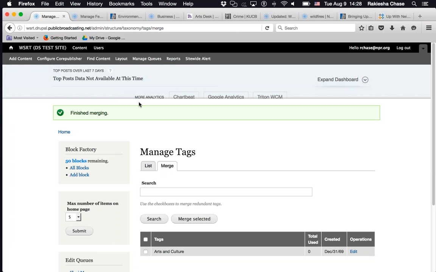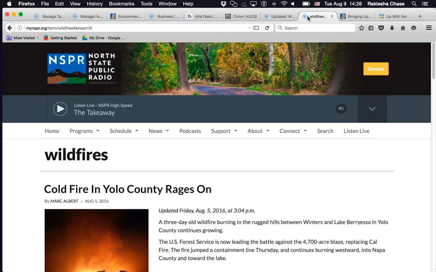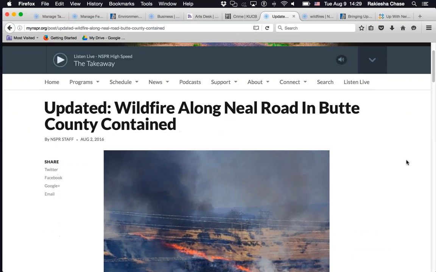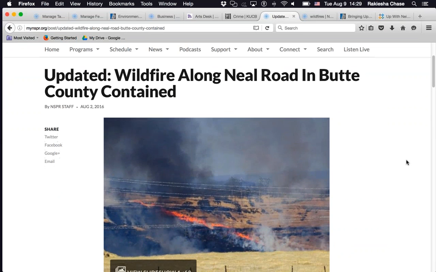All right. The last thing that I wanted to show with tags was what a tag page looks like. So in the same way that you have your different category pages, you also have the same thing for your tags. To start, let's just talk about how you get to your tags. You can always add links to your tag pages to your navigation, but by default, on a post, for example, we're on mynspr.org. If I'm on this post here